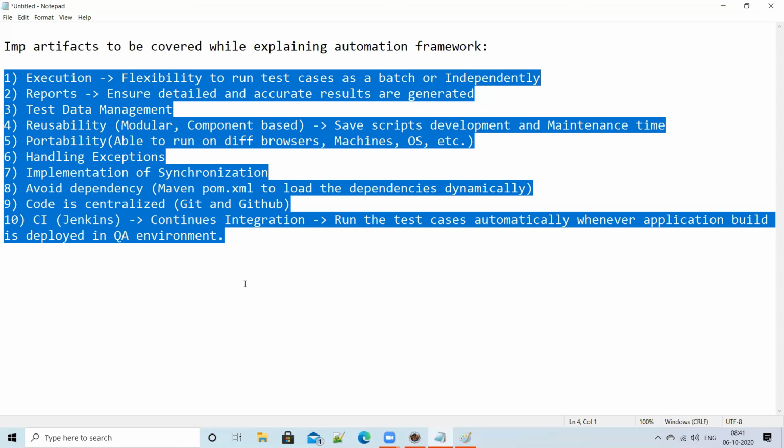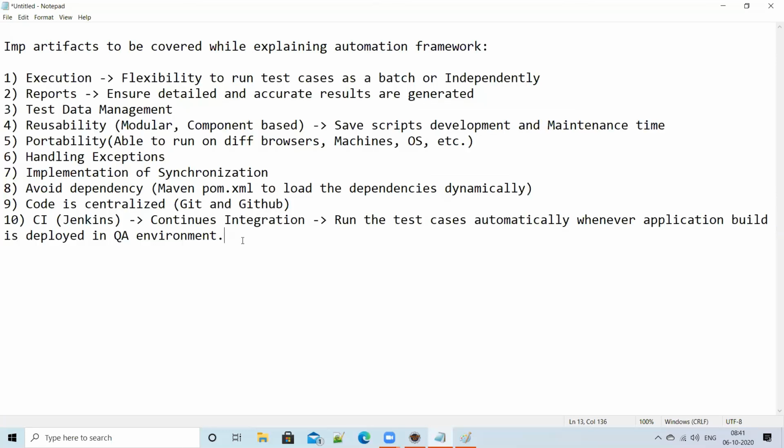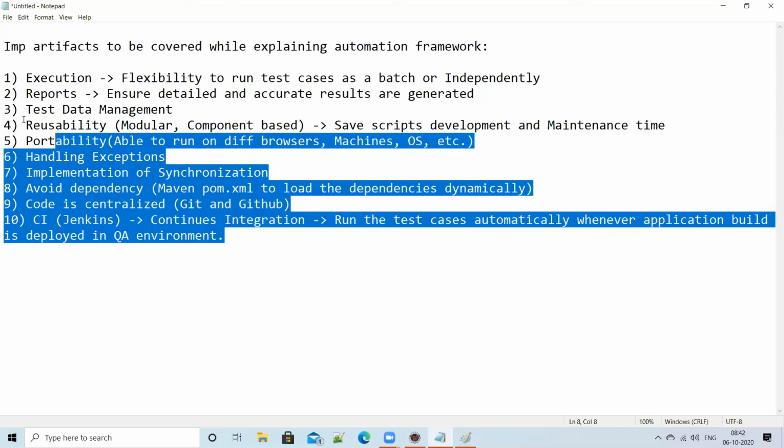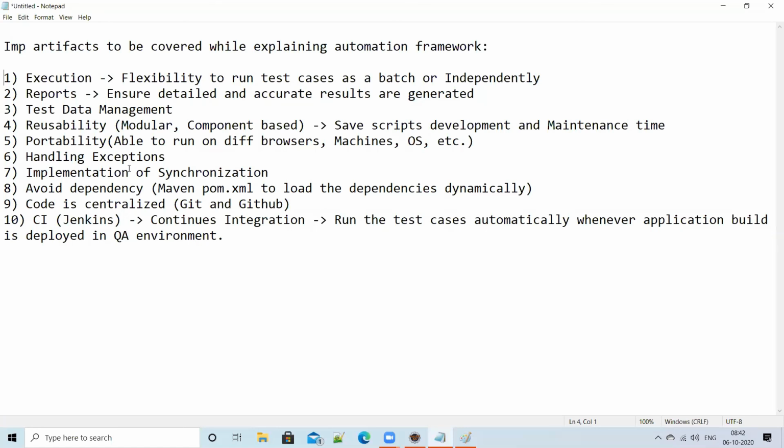This guy or girl, wherever they worked, is very confident, so I am confident this team member can learn any new things easily. That kind of confidence you should give when you are answering questions. So that is about framework explanation, what things you need to highlight, and the most important artifacts of any automation framework. So any questions?